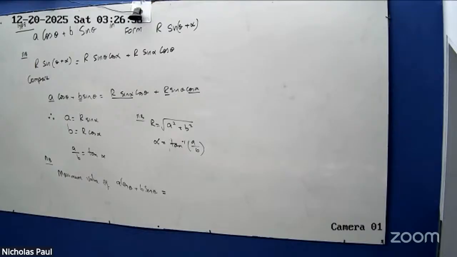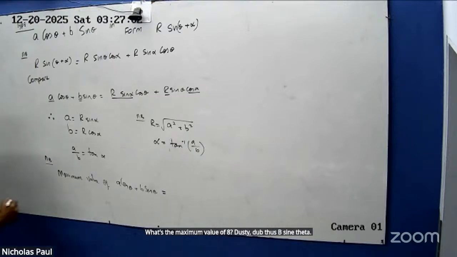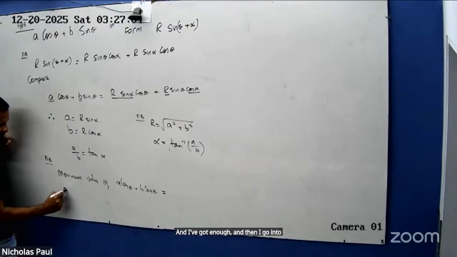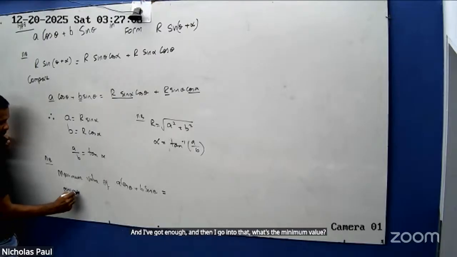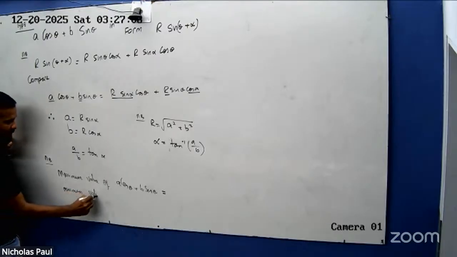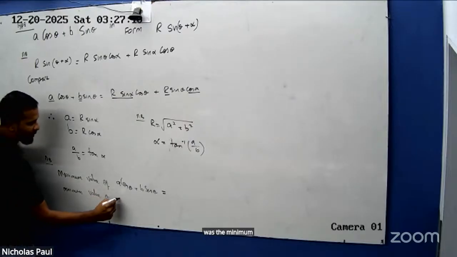What's the maximum value of A cos theta plus B sine theta? And then I'm going to ask, what's the minimum value? What's the minimum value of